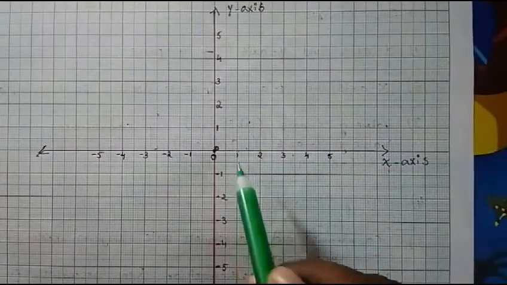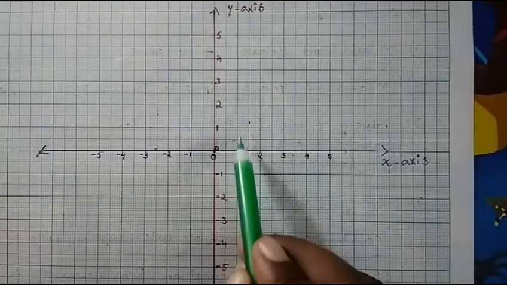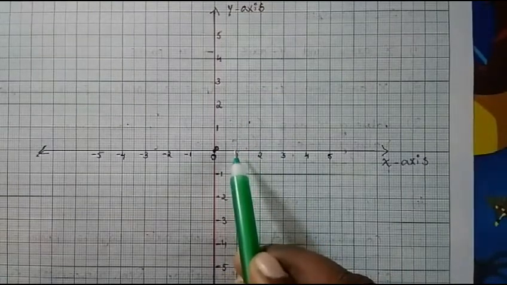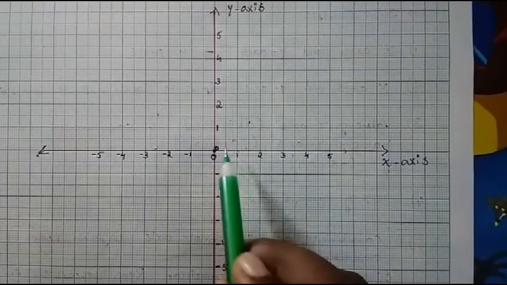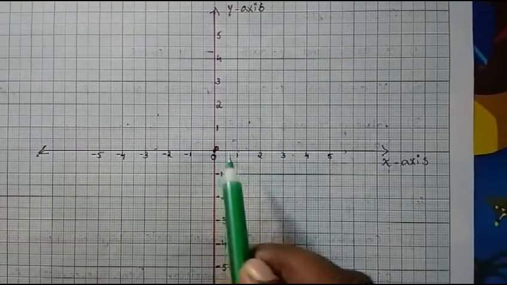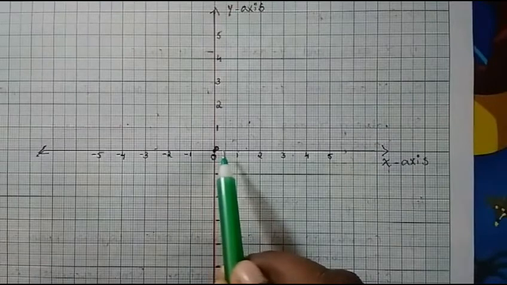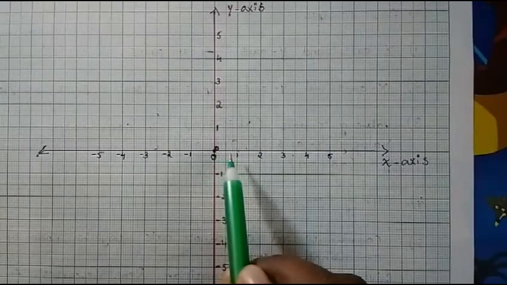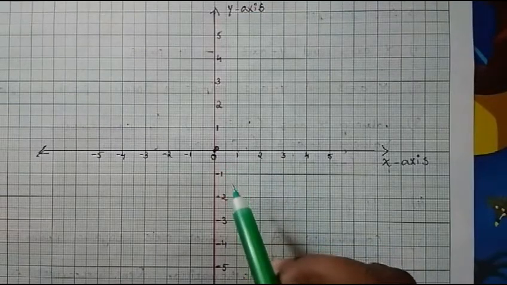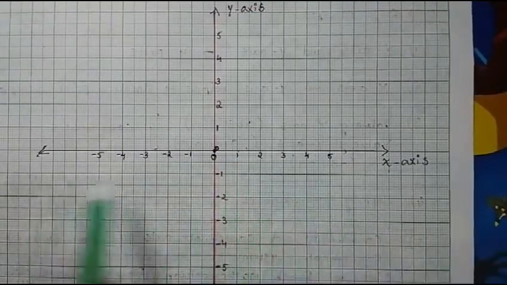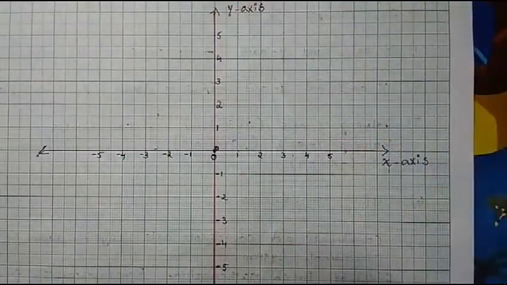You have to be very careful and draw on the line. You can't draw a thick line, you have to sharpen your pencil and draw on the line, not next to it, because that will change your unit, since each line has a measurement. So 0.1, 0.2, 0.3, 0.4, 0.5, 0.6, like this. Each line has the measurement, so you have to be very precise when you draw the graph. So this is the x-axis and this is the y-axis.